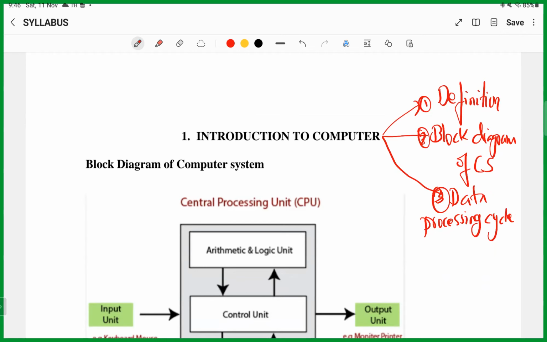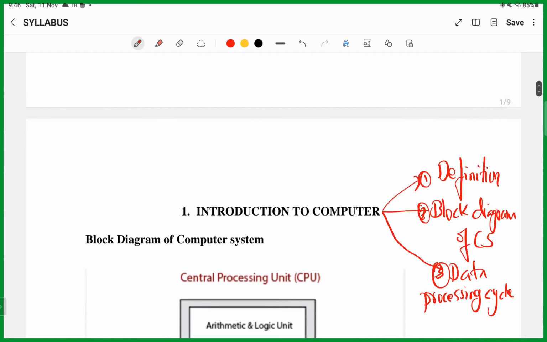The first one is definition. Do we have a standard definition for computer? No, actually, we don't have a standard definition. Anyone can give any kind of definition for the computer, but the simplest definition for computer is, you can note down,